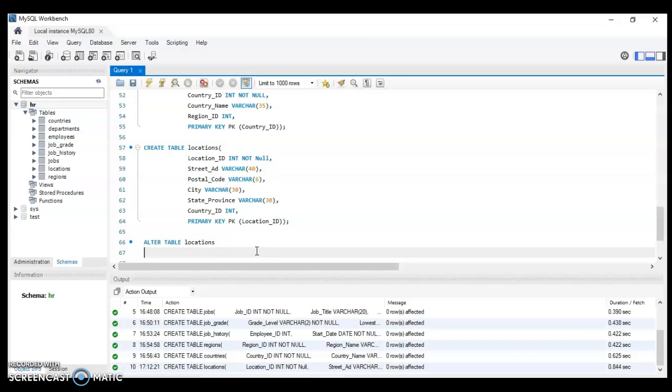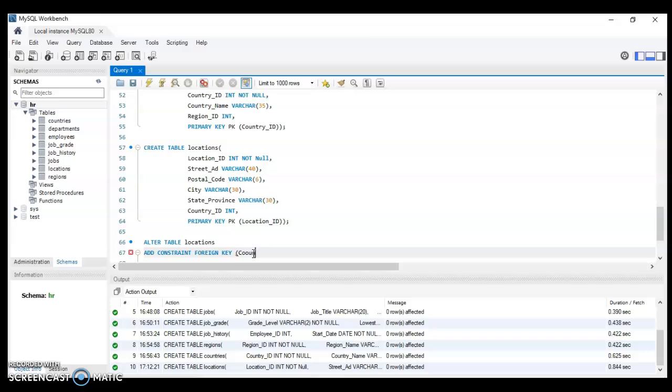We come into the next line and we say add constraints. All these things will be explained to you in subsequent classes. Add constraints, foreign key. So we want to include a foreign key in here, and you need to select the